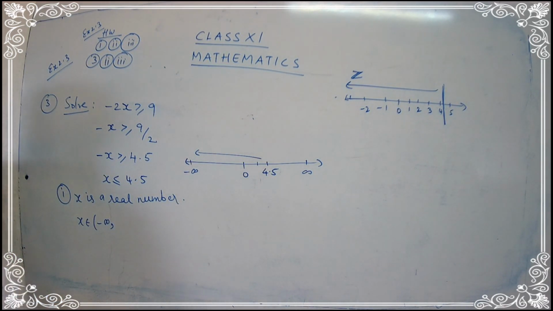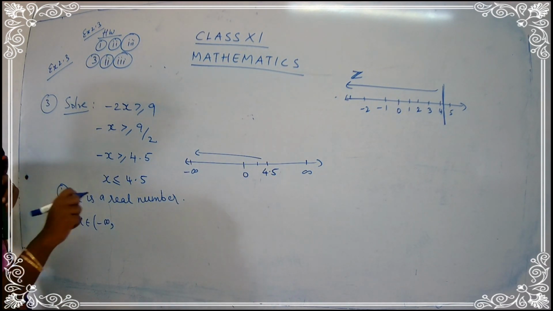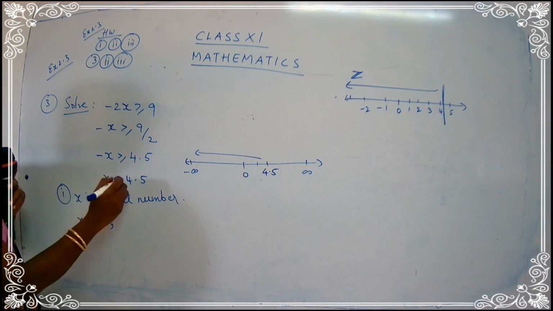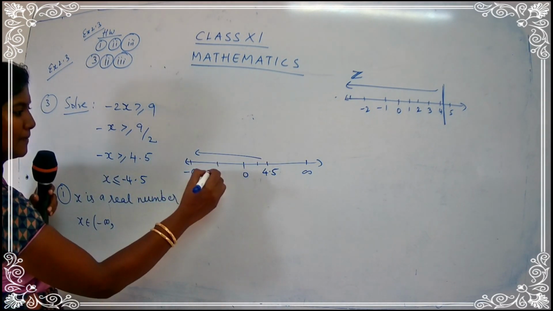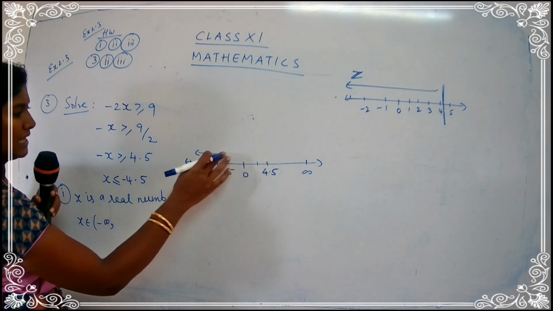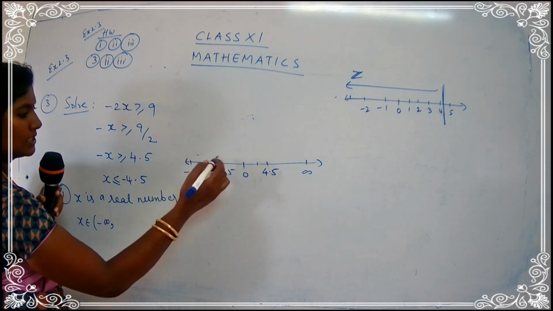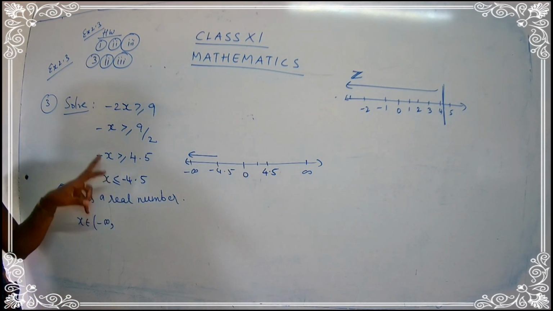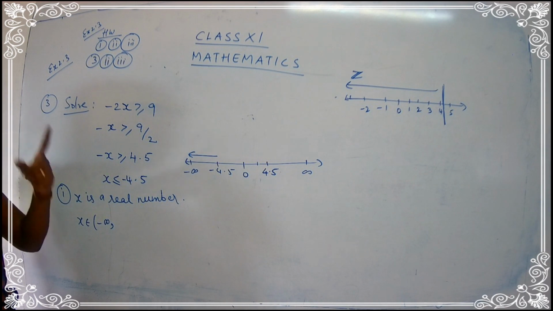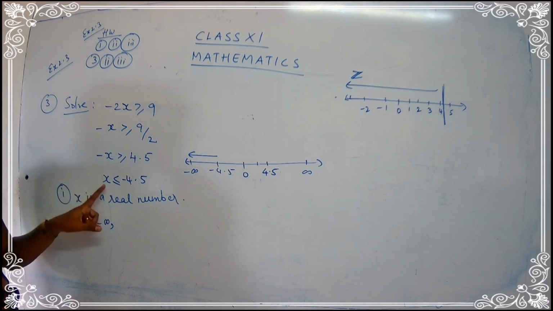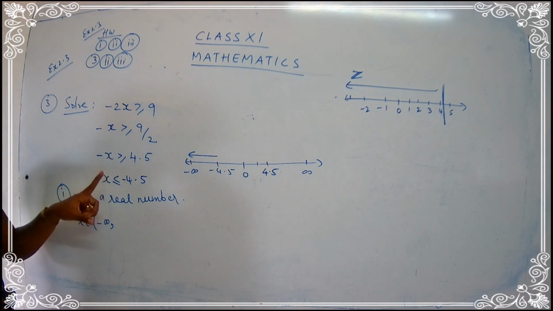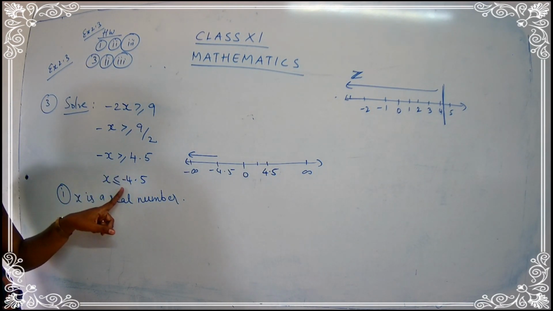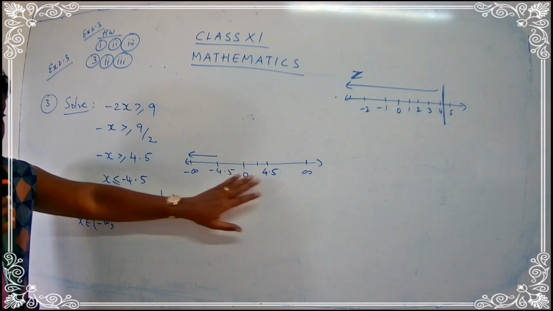One more thing we missed out, children. This is x less than or equal to minus 4.5, so you have to consider the minus 4.5 here. You're not going to take the positive 4.5, so it is going to be this side. Whenever we are changing the sign, we have to change everything. That's where we may make mistakes, so be careful. The minus x turns to be plus x, greater than or equal to turns to be less than or equal to, and plus 4.5 will change to minus 4.5. So we are not going to take the positive part. We are going to take the negative part.